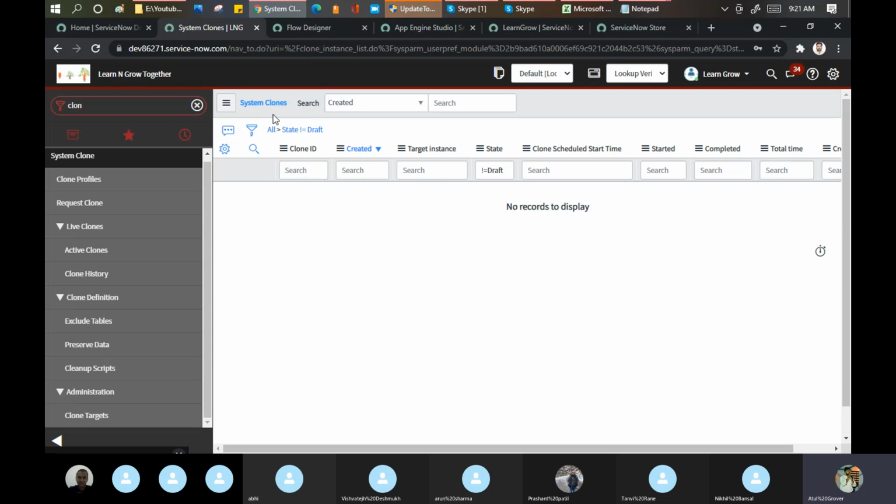That all my changes which are available in the dev instance will be overridden. Yes or no? Very simple thing. You call a painter and say, okay, boss, paint this wall, and on that wall you have some drawing as well. What will happen to that drawing? That will be overridden by the paint. Yes or no?